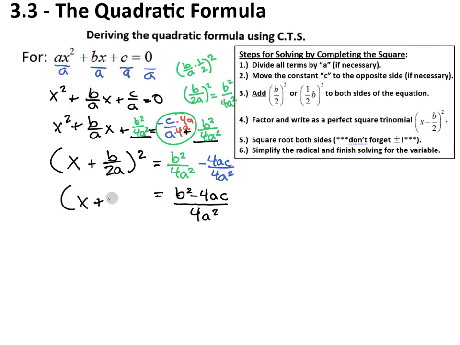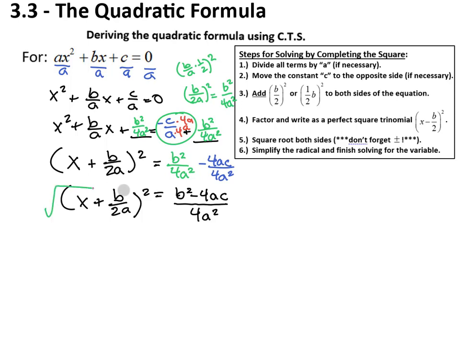equals x plus b over 2a squared. You might recognize some of this. This is starting to look a little familiar, hopefully. And hopefully you understand the reason why I changed the order there to make it match this form. Okay, next, when we're using completing the square, we would take the square root of both sides after